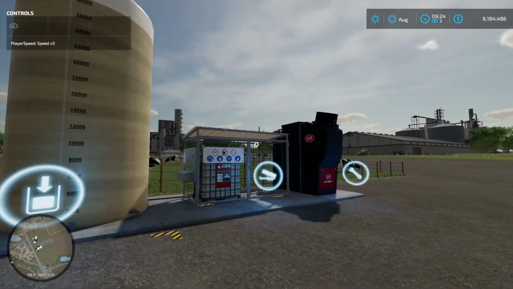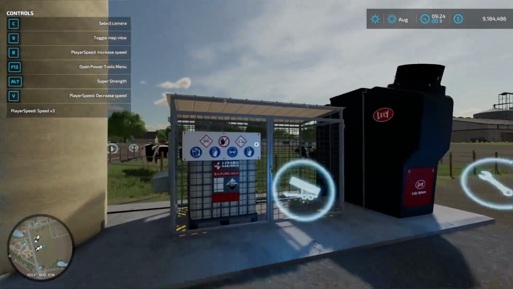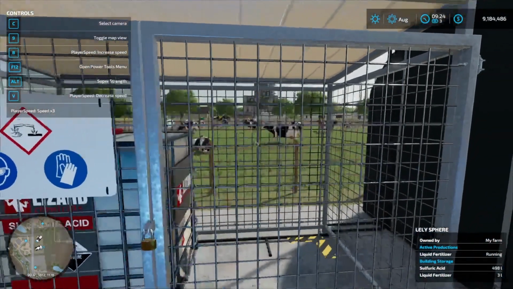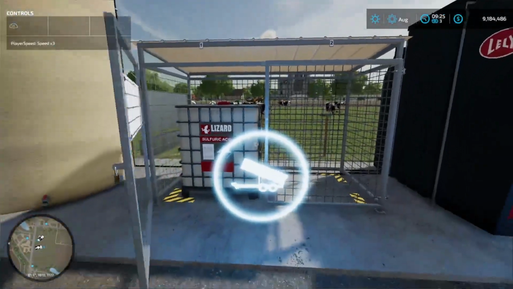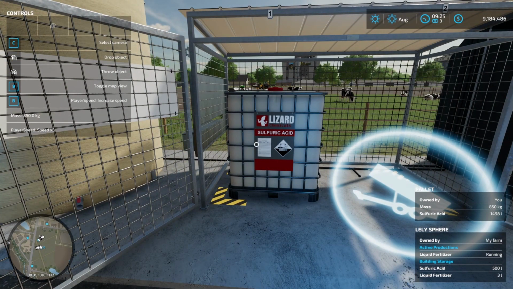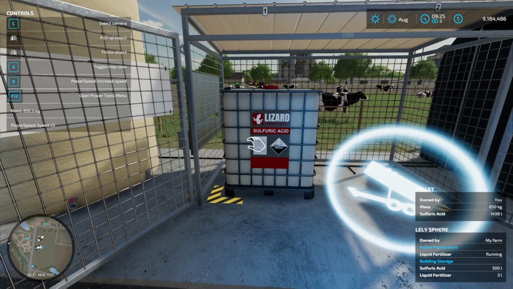It is a little bit slow. It is on the Giant's basic 24 cycles per month, so it is not super fast. It only takes that 500 liters of sulfuric acid. Now, as you can see, it's down to 498 liters. If we turn off our super strength there, we open our door, put this back on. You can kind of touch it, and as you can see, it's kind of ticking off, so it's going to fill as it takes some. It takes a liter, it's going to put a liter in,